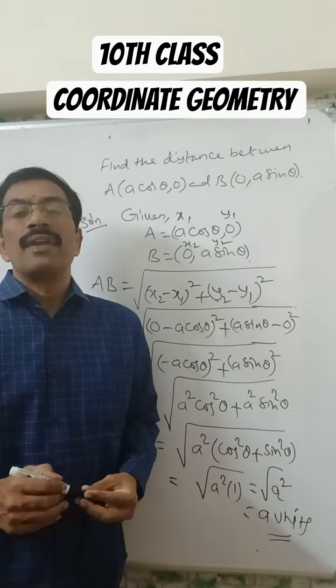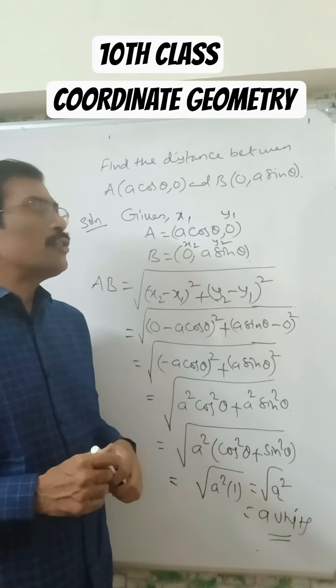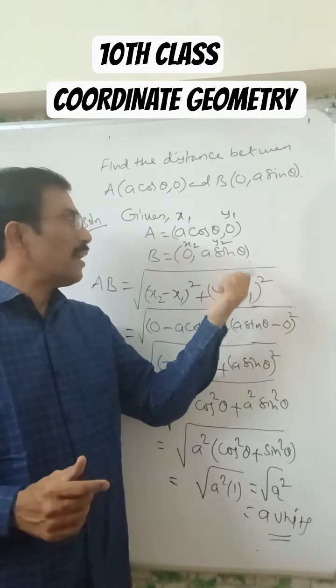So the distance between these 2 points, that is (a cos theta, 0) and (0, a sin theta), is